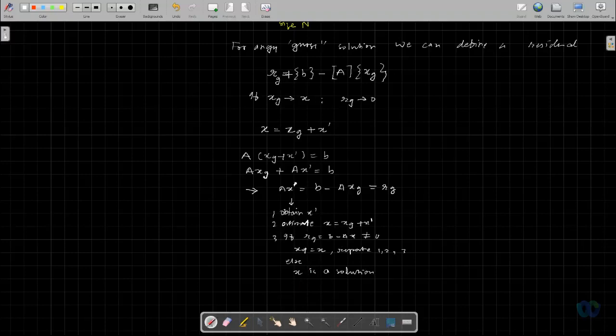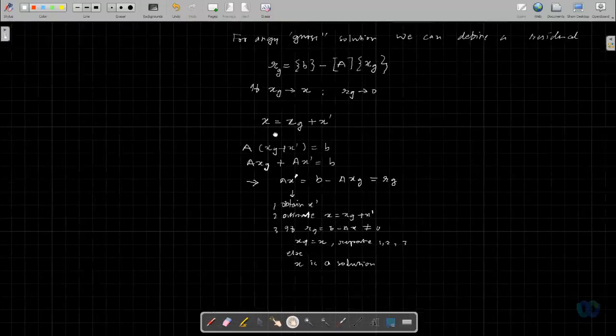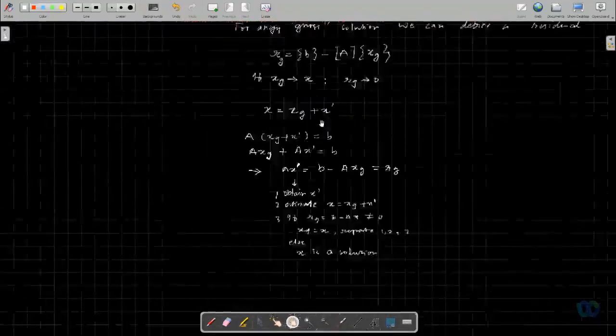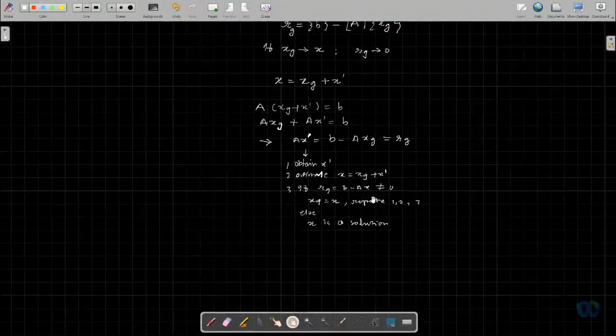But you see again here, if you want to calculate x prime, you have to do matrix calculations. Now this is the same as doing this process. Rather than A x is equal to b, you solve A x prime is equal to Rg. So what is the advantage? It is the same type. Whatever effort is required to solve A x is equal to B, the same effort is required for A x prime is equal to Rg. So in order to avoid this,